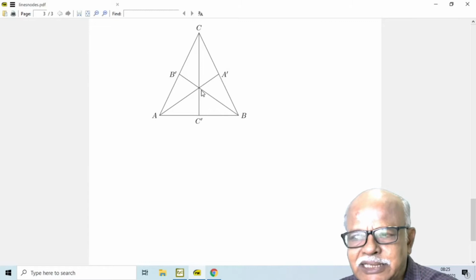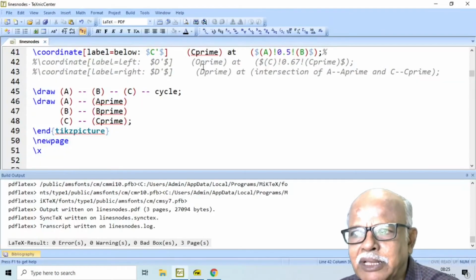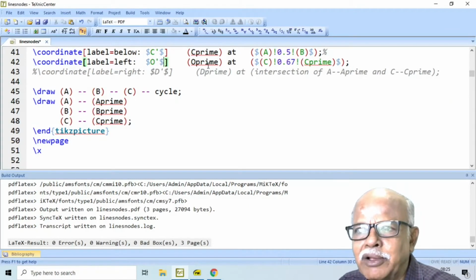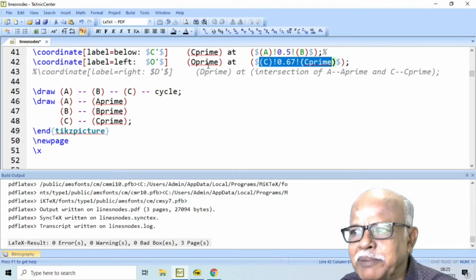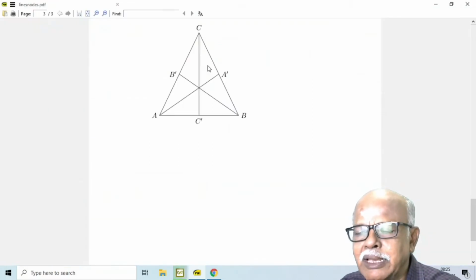This is called the centroid. I know it divides the median in the ratio 2:1. Therefore, I can say coordinate O prime at the line joining C and C prime in the ratio 2:1. I get this point O prime.